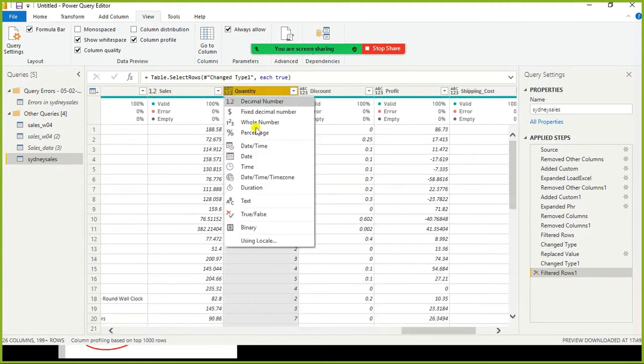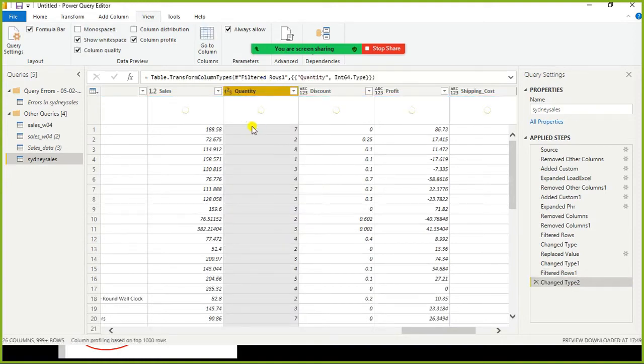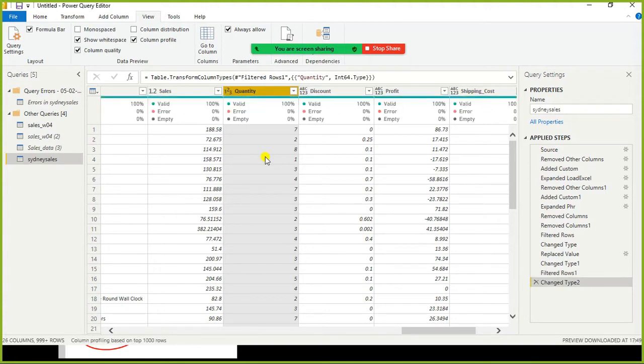Let us see if I convert it to whole number. Here we don't see any error, zero errors. Even for this it was showing zero errors earlier. Anyhow, let us close and apply and see.